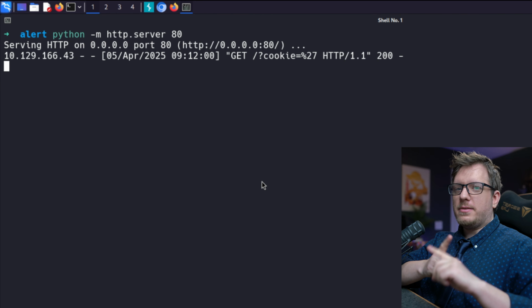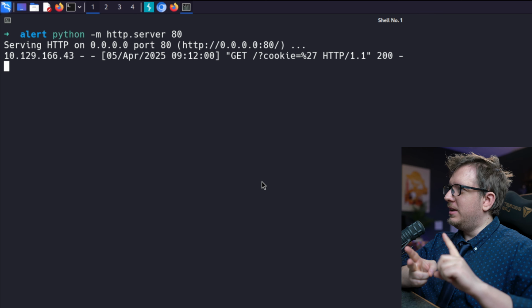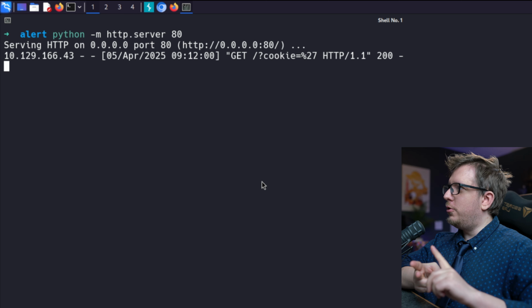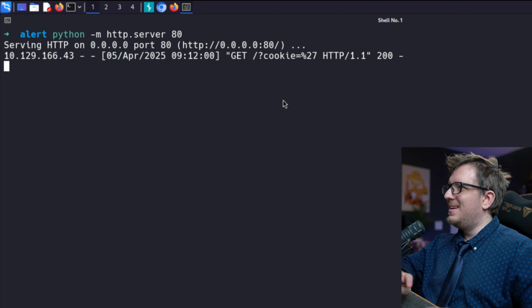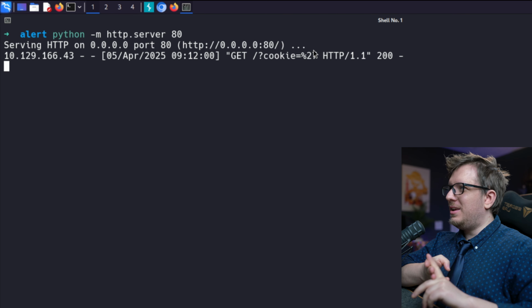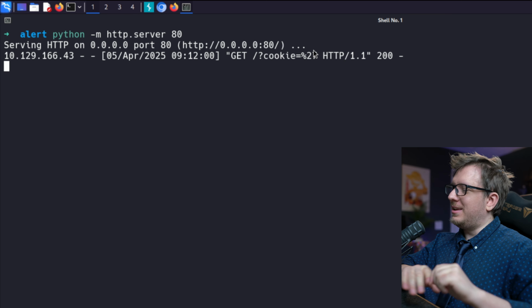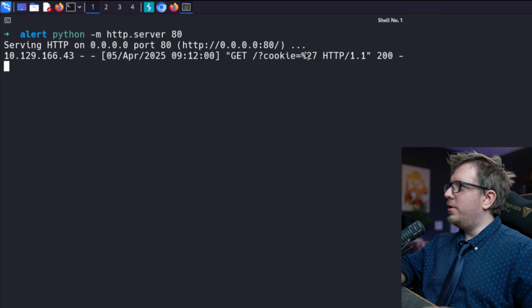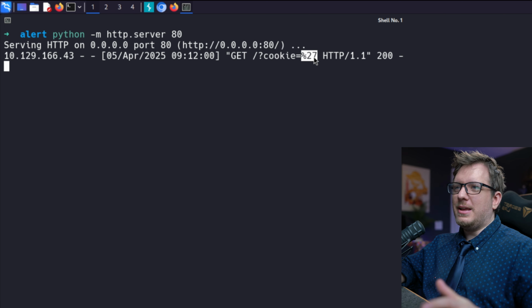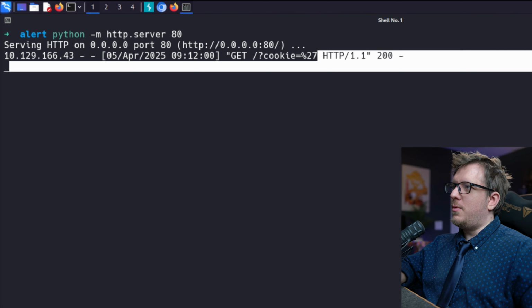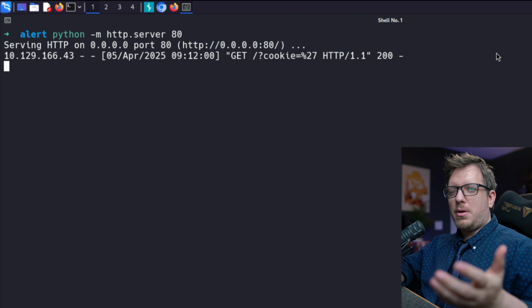So we know XSS is working, and we're actually able to get a hit on our Python server locally, but it looks like the third one, the cookie, where it would append the cookie, it looks like we're not able to actually get the cookie for this website. So we see here the get cookie, and we're getting this %27, and that's probably a URL encoded single quote. So we're not actually seeing the rest of it on here. And that's probably due to